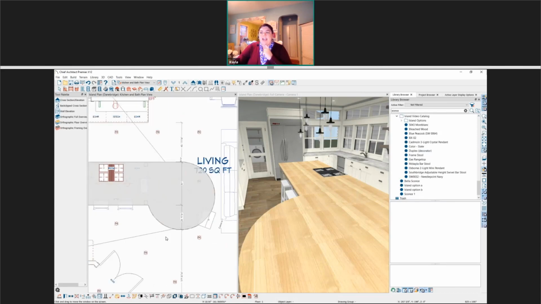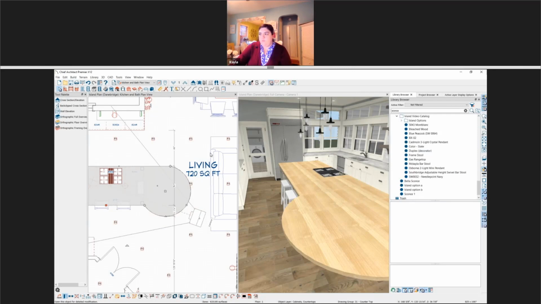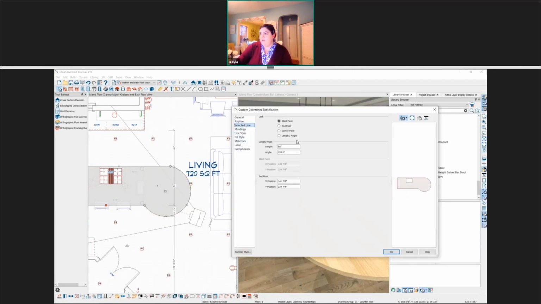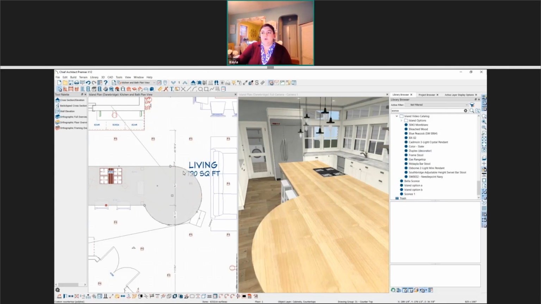If I need to be really exact with it, I can then open, whoops, I need to actually have the arc selected. Not doing a very good job of grabbing that arc. If I open it up, is it going to give me an arc option? For some reason, it keeps grabbing this line. I'll have to look into why that is. But if I had selected the curve, I should be able to adjust the radius of the arc as well. But I'm usually going to actually just use the edit handle to get the radius of it correct.